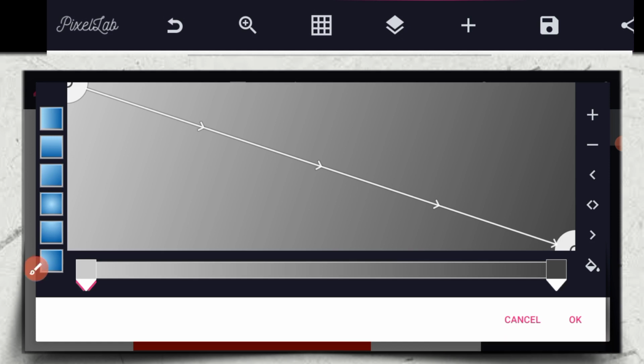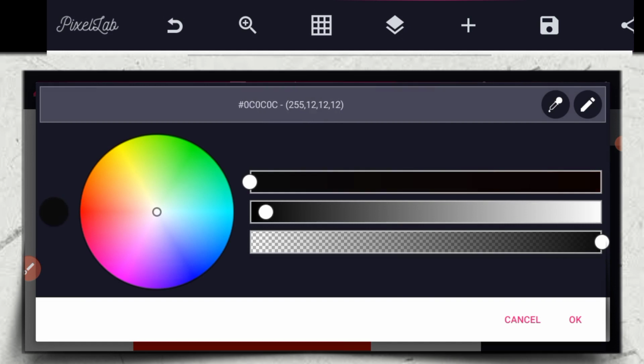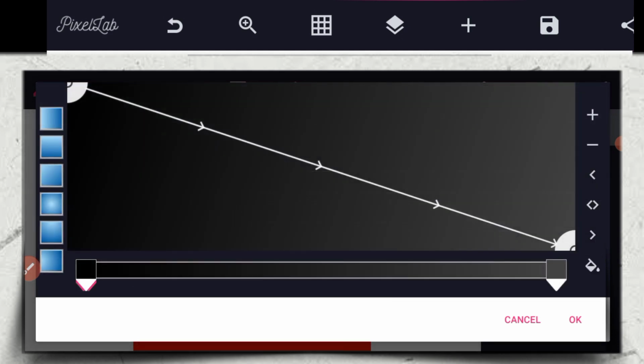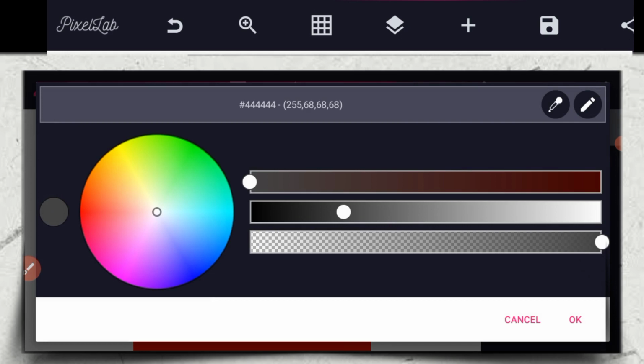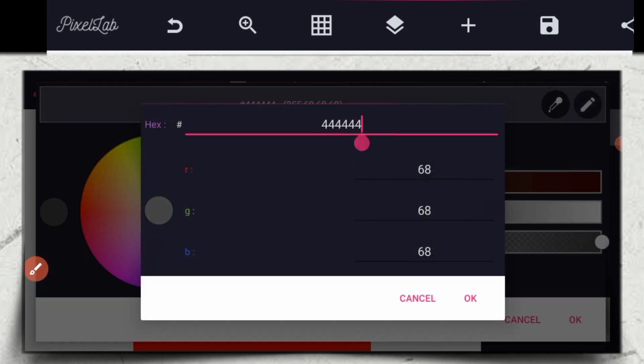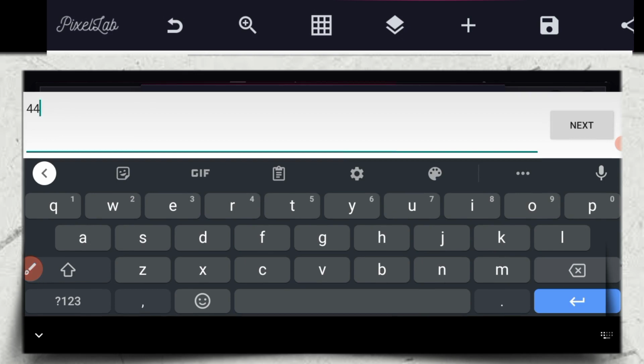So you click on the upside, you click here, then you change to black color. Good. After you change it to black color, you click the second, the downside, then you change the color. So I have the color code with me, the one that I use. So I'm going to click here to bring out the color. So let's go. So you delete this one, then you write